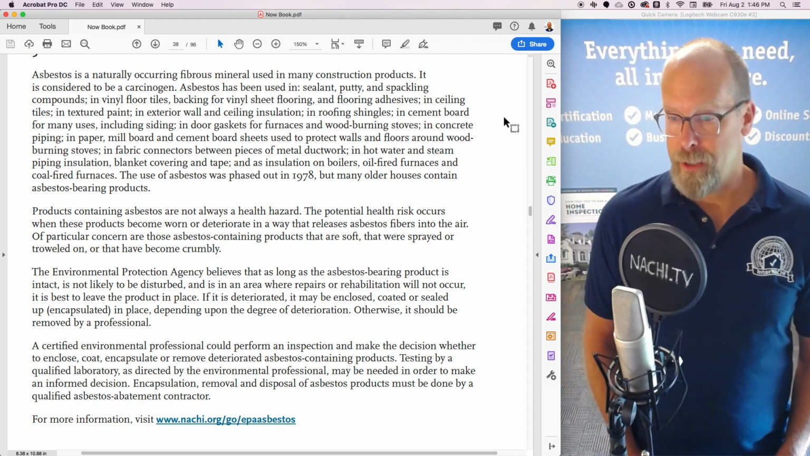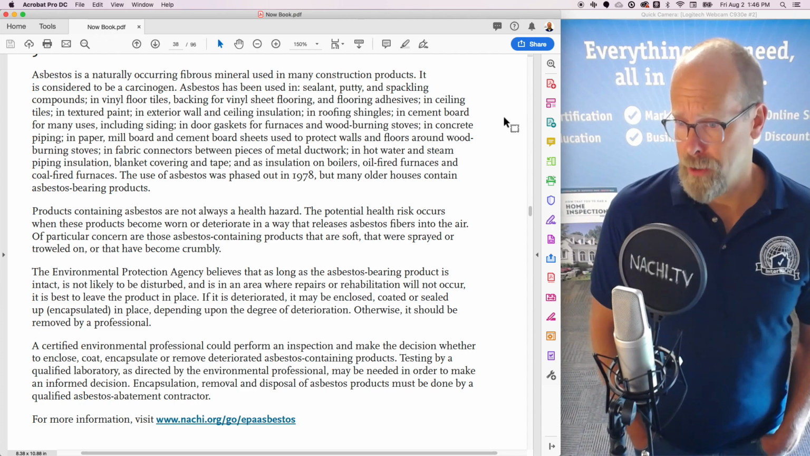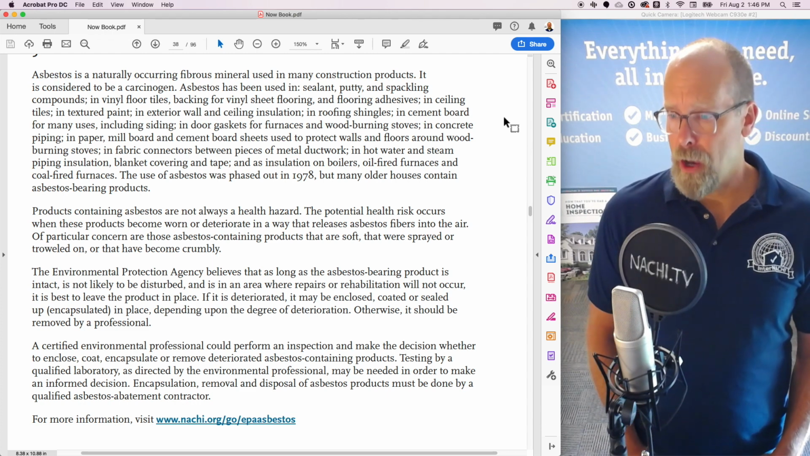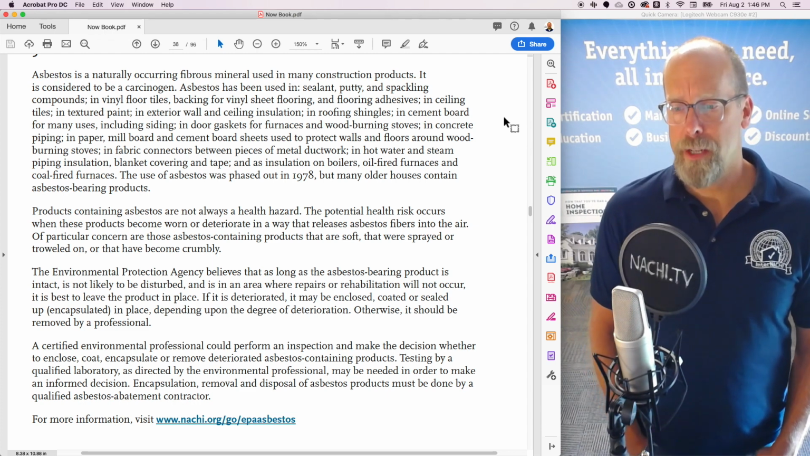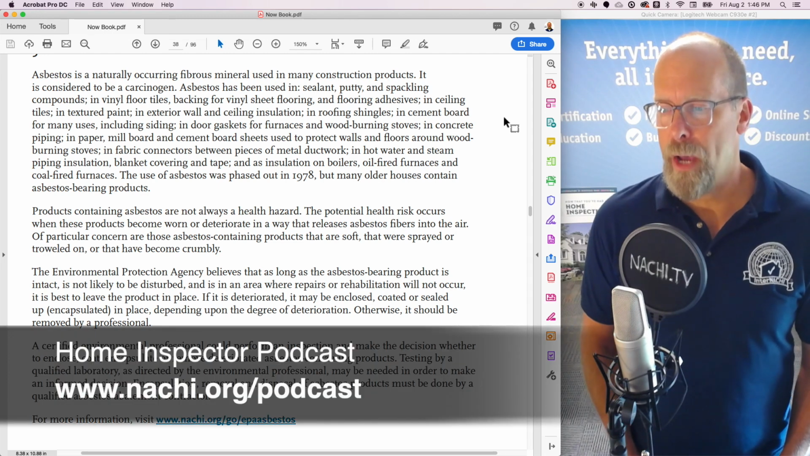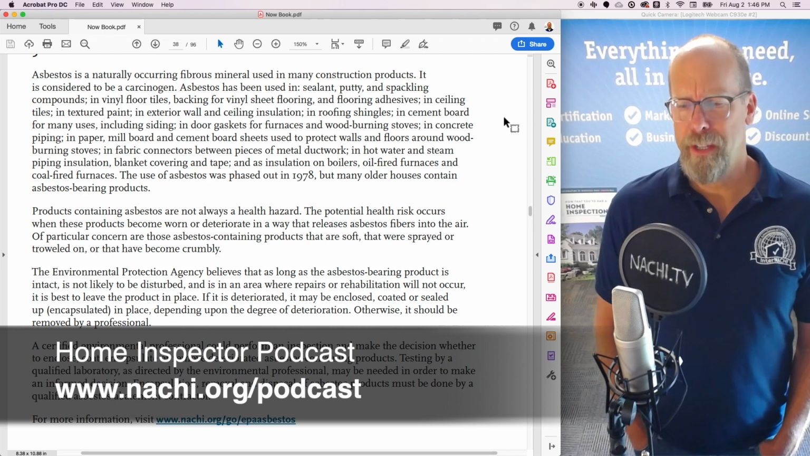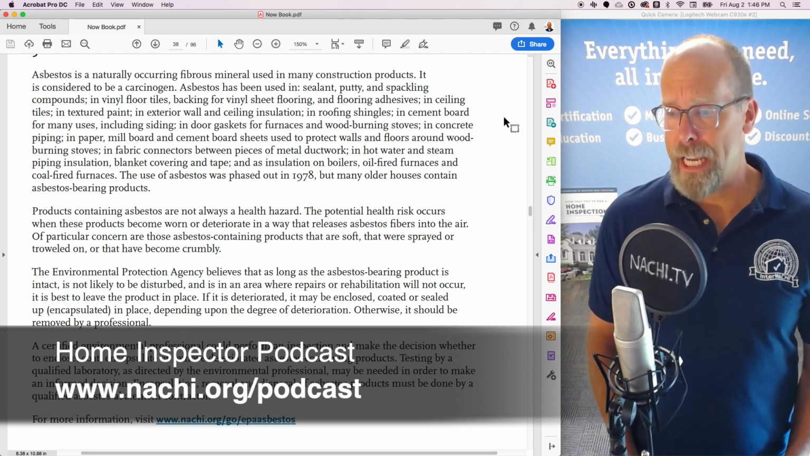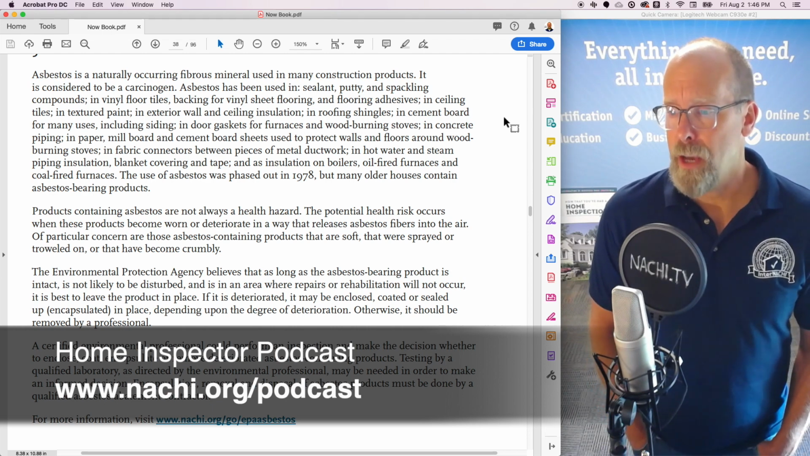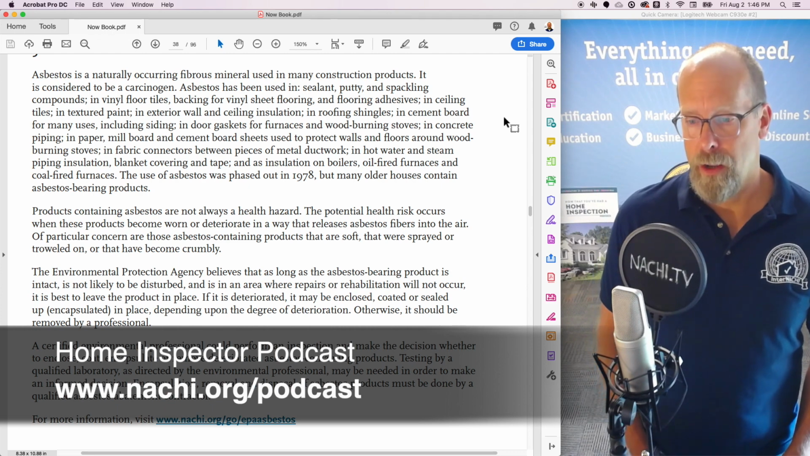Products containing asbestos are not always a health hazard. The potential health risk occurs when these products become worn or deteriorate in a way that releases asbestos fibers into the air. Of particular concern are those asbestos-containing products that are soft, that were sprayed on or troweled on, or